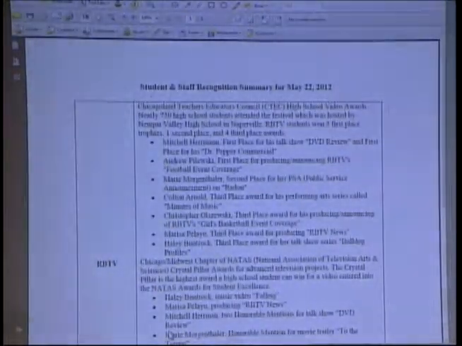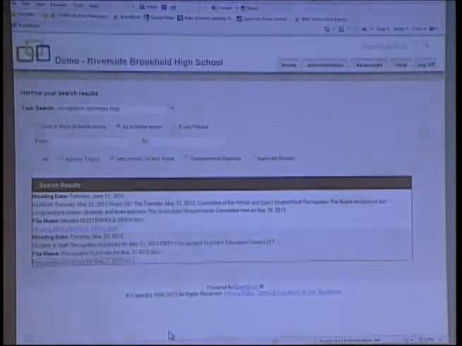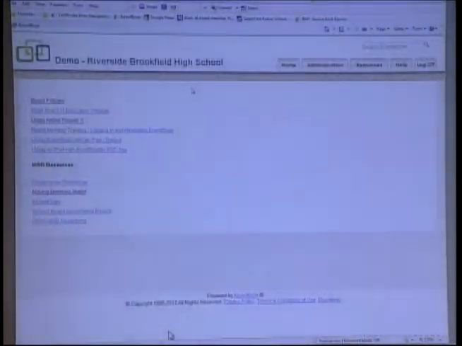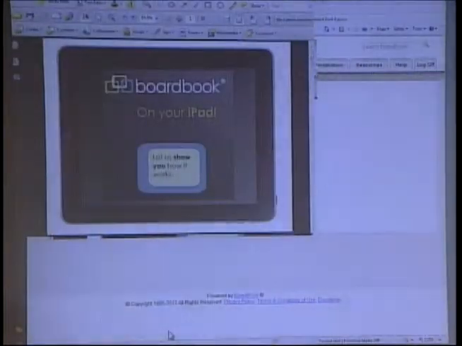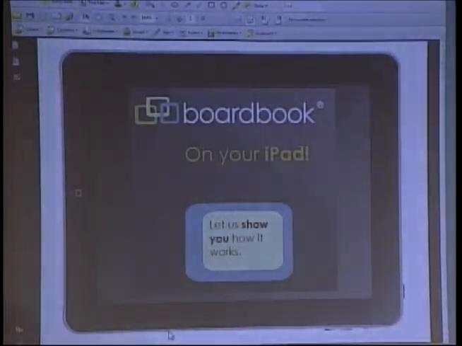I want to mention, iPads work great with Board Book. Because we convert everything into that one file, it makes it really easy to save and navigate on your iPad with the page number references and bookmarks. Here in your Resources tab, you'll find a handout, Using Board Book with an iPad Basics. This is a real simple 10-page slideshow showing what it's like to use Board Book on an iPad.